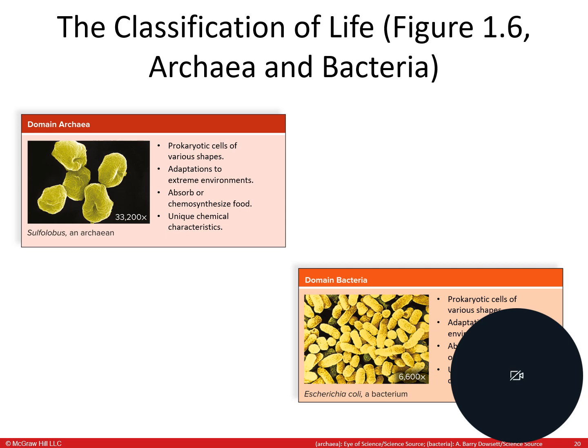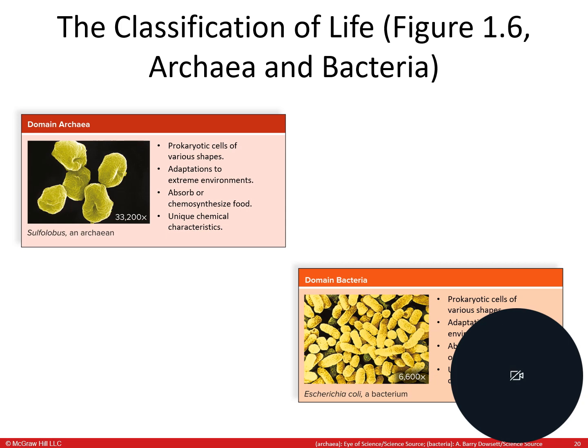Now, if we look at the classification of archaea and bacteria, you're going to see that prokaryotic cells in the archaea delineation are going to have various shapes. Remember, they don't have a nucleus because they're considered prokaryotic. They adapt to very extreme environments. So these are things that you're going to find, remember, they're usually unicellular, and we're going to find them in areas where no other life is present because it's too harsh of a condition for life to exist. So those things that you find living in Antarctica or in the Dead Sea, where the salt content is not compatible with a lot of other life forms, those are going to be places that you're going to find archaea.